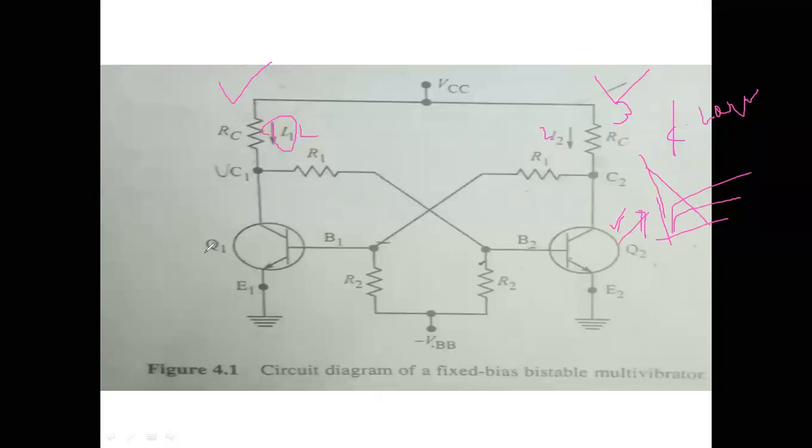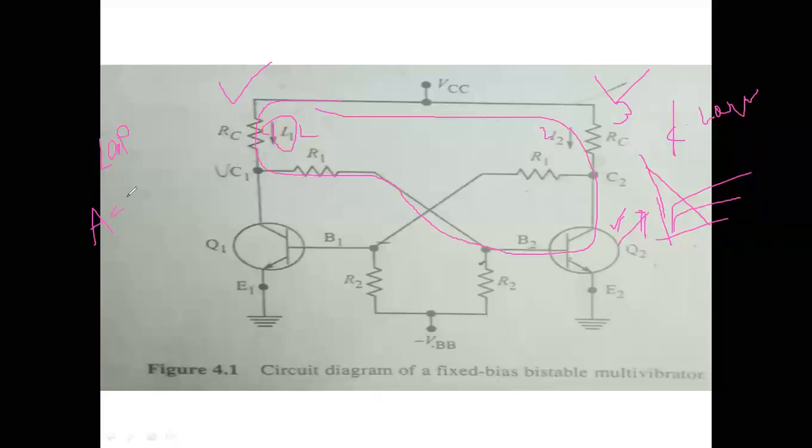And a very important concept, the third point: the loop gain. You may get it in your online bits also. The loop gain means the regenerative feedback loop gain. That means this is a loop. Here we have VCC and RC, and this is nothing but one loop. And this loop gain is the gain which we have seen in the first chapter.